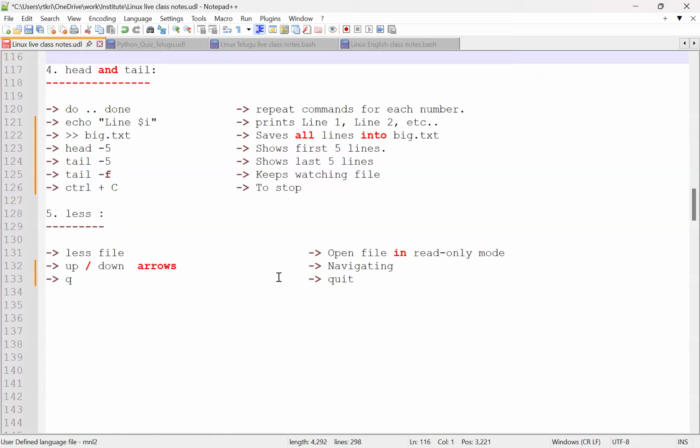And then we used the less command. It will open the file in read-only mode, and it is used for navigating. And if you want to quit, then we have to use q here. These are the basic commands which we discussed in the last class. And now in this session we are going to discuss